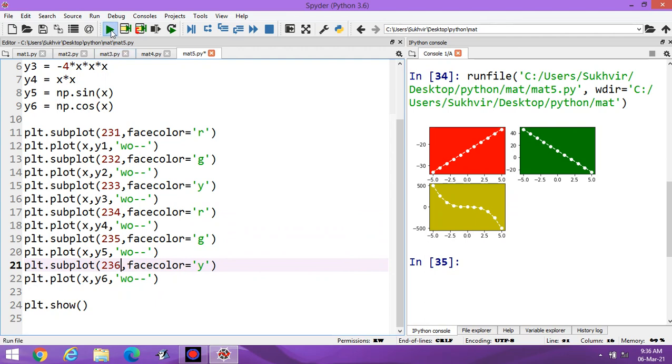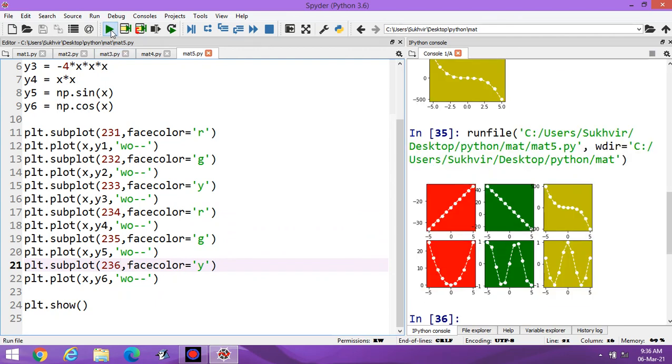Now you can execute the program. You can display the content accordingly. You can change the color also. Suppose I am writing here blue, magenta and yellow.